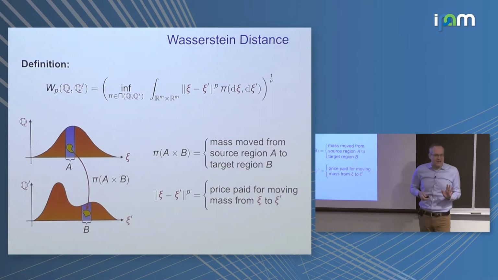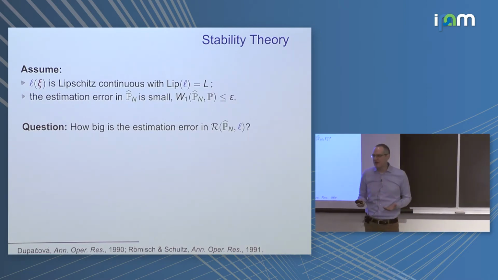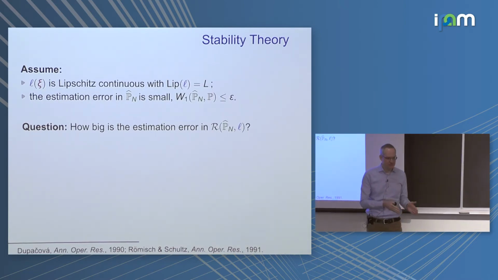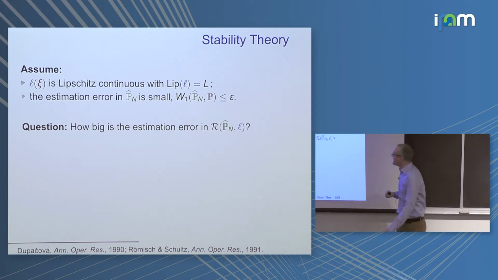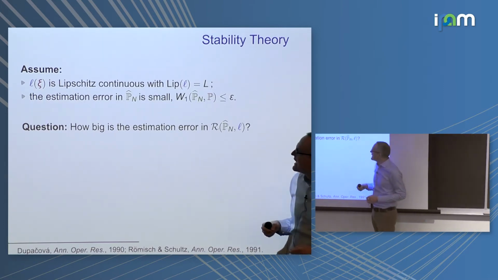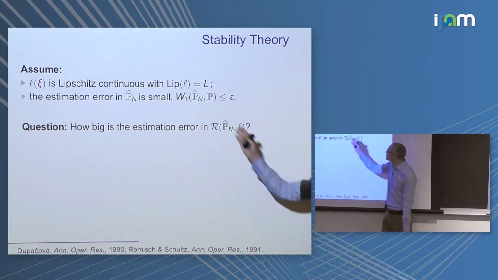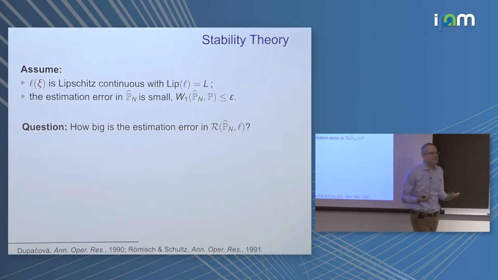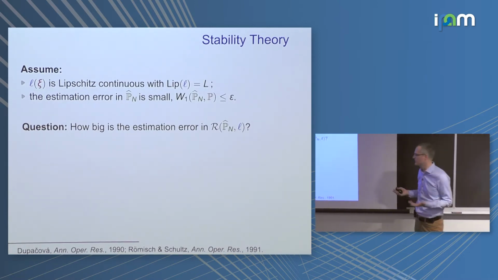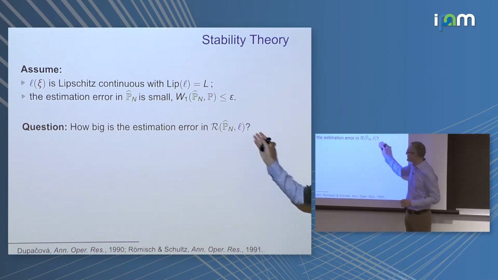Okay, so the Wasserstein distance is very convenient because it allows us to analyze how estimation errors in the input distribution are propagated to the risk. So to see this, let's look at an example. Let's assume that we're given a loss function that is Lipschitz continuous and has a Lipschitz modulus L. Let's also assume that we're given an estimator p hat, a nominal distribution, that is known to have a type 1 Wasserstein distance to the unknown true distribution of at most epsilon. So in some sense, we're saying that the estimation error is known to be bounded by epsilon. In this case, what can we say about the estimation error in the risk of the loss function L?